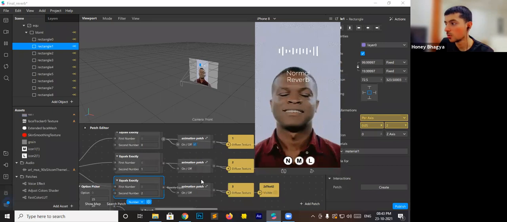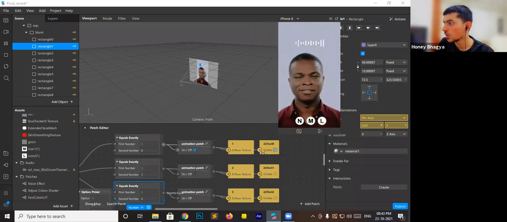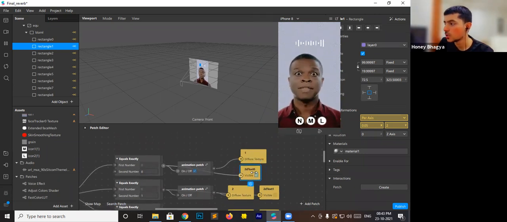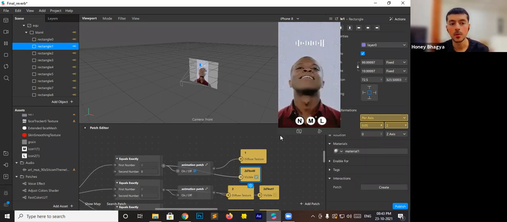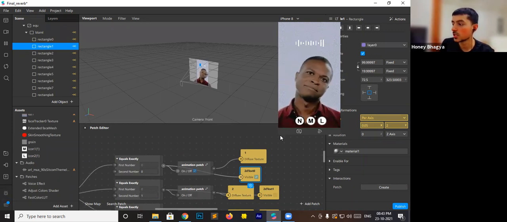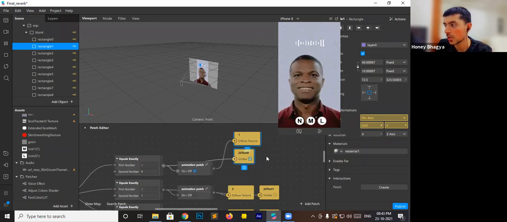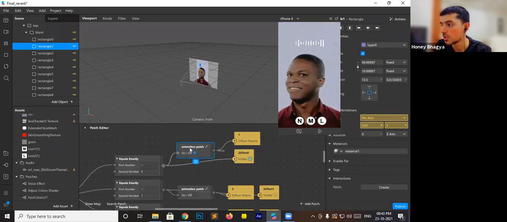Medium reverb, normal reverb. To create this, it's very basic. You need to create a 2D text, and good news for you guys, Spark has finally enabled static text for the effects. So we can use static text now. They will not reject our filter. So we can use static text without any hesitation.